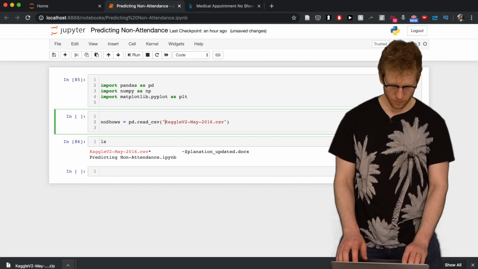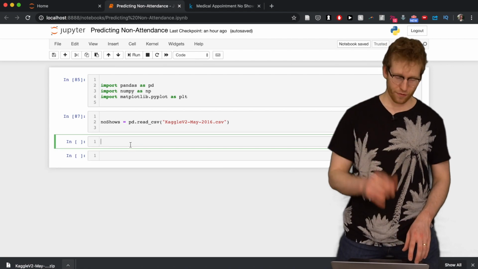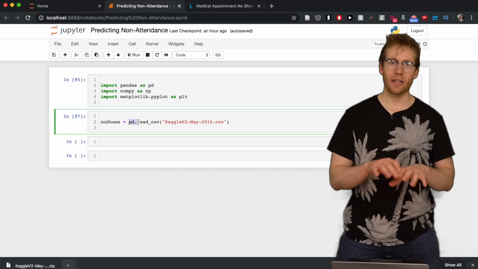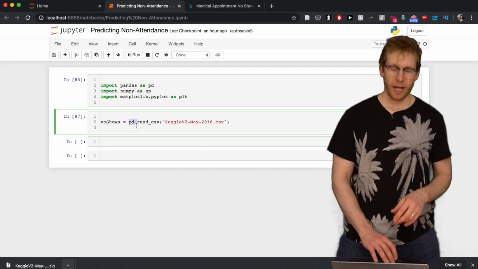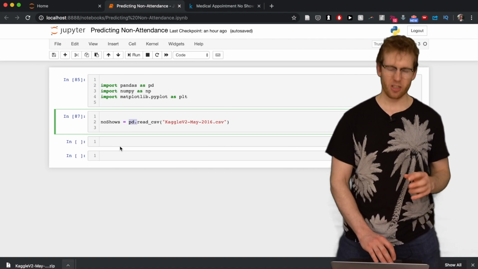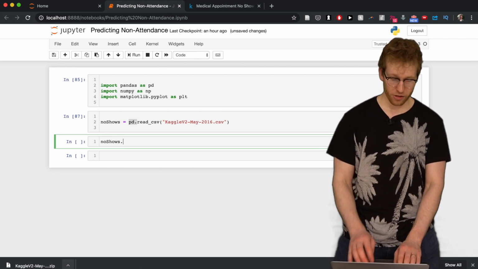And hurrah, there we have got no-shows. And what we've done here is we've used the pandas data frame using PD to import this file, and now the data is in our environment. And this is quite nice because it just automatically structured it into quite a nice table, which can look quite aesthetically pleasing. So if we want to visualize that, we can use a number of different functions which are specific